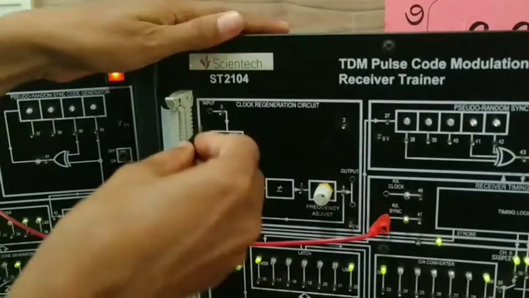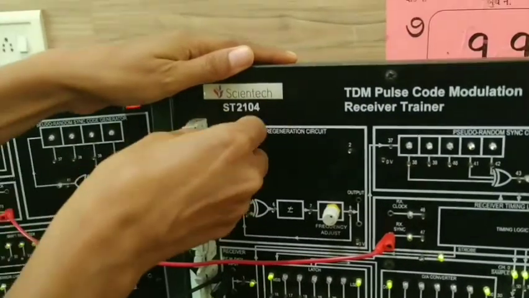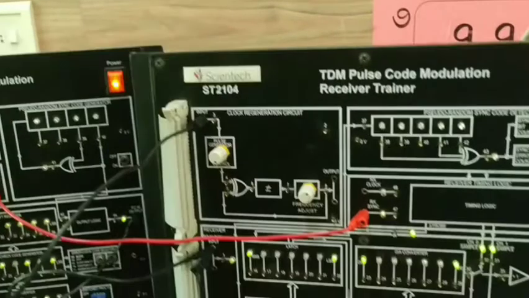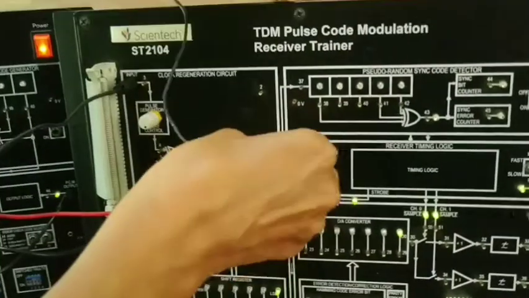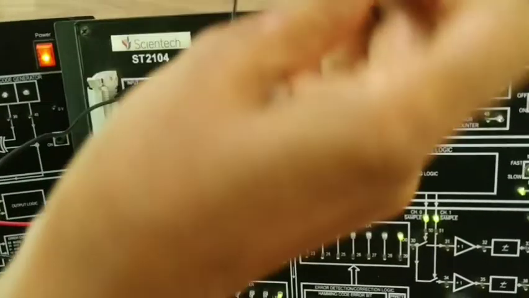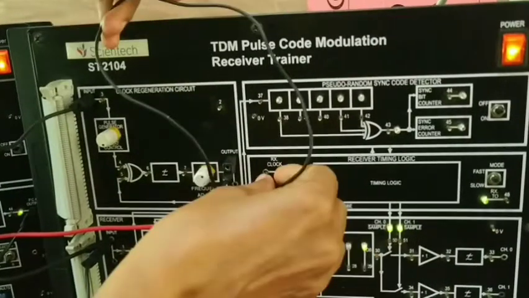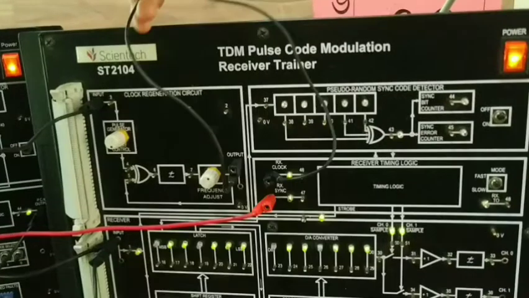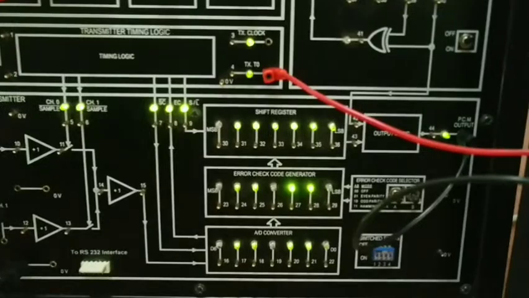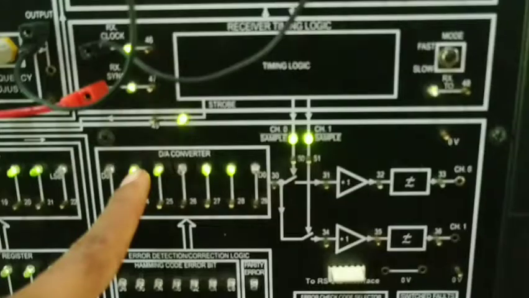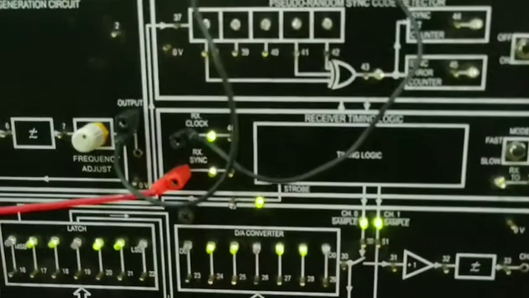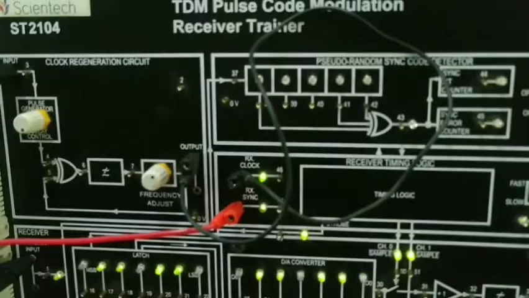So I will be using this PCM as input, and then we'll connect the output of the clock regenerator circuit with the RX clock. Again, we can observe the same bit pattern. If I change it in the transmitter, the same bit pattern will be observed on the D to A converter of the receiver side. So this one is mode 2.